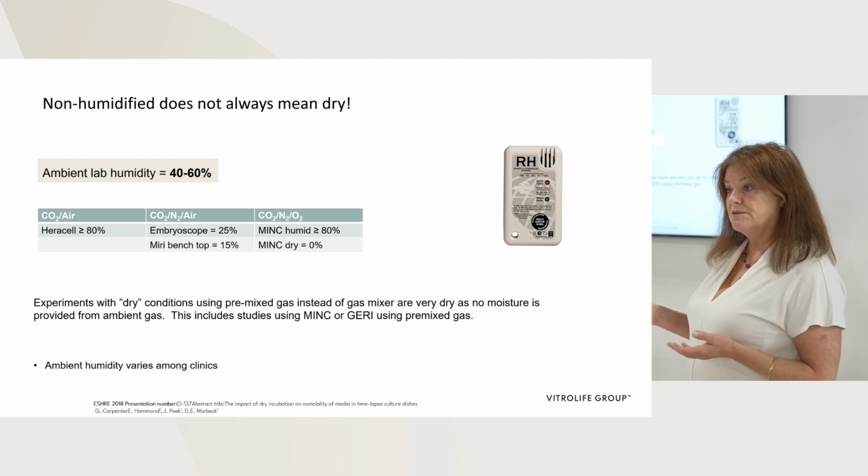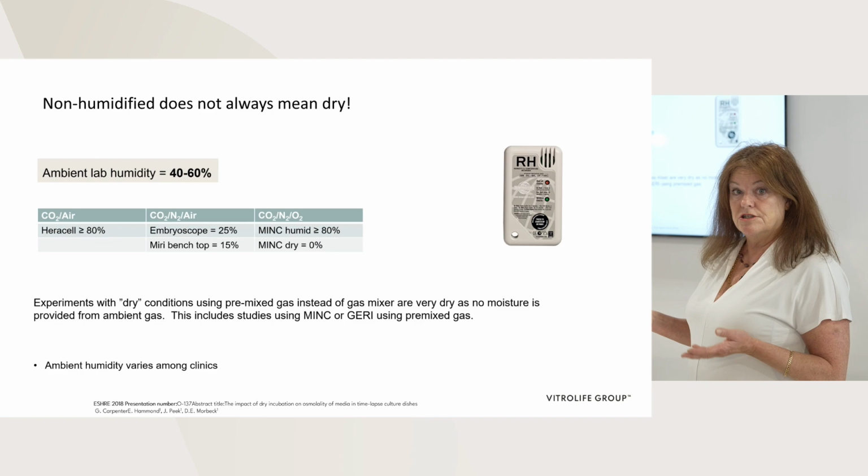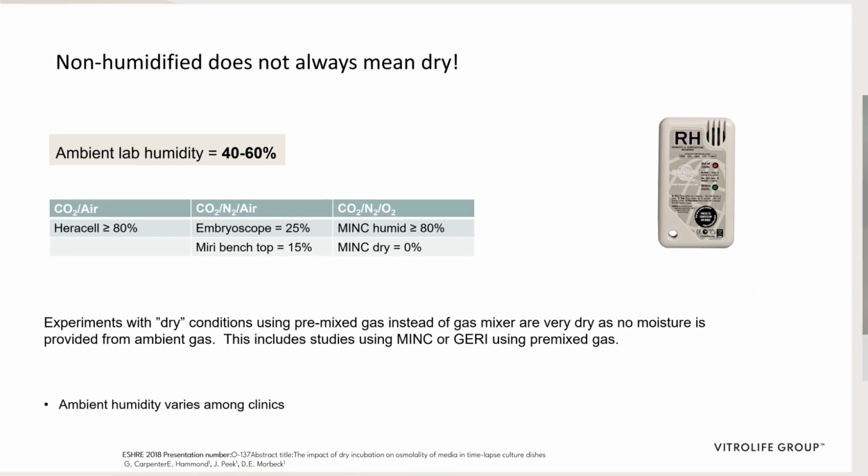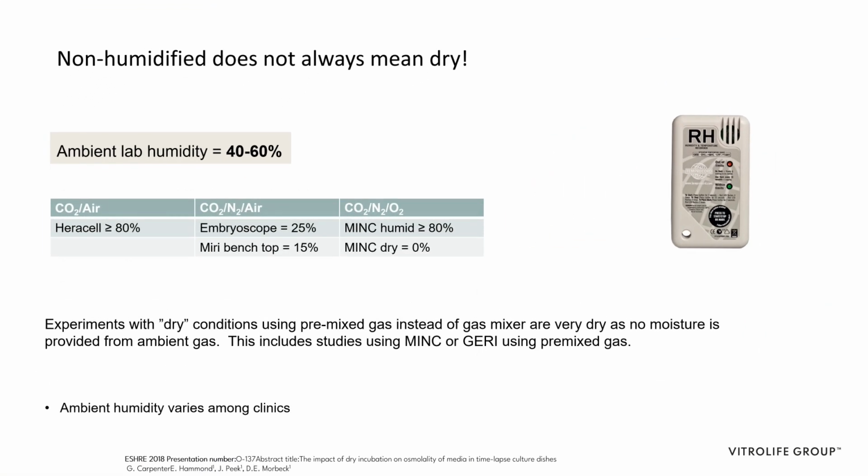So let's say ambient lab humidity, maybe not here in Denver where it's really dry, but typically it's 40 to 60%. And there was a study done to look at the humidity in an embryo scope, and they could see that,